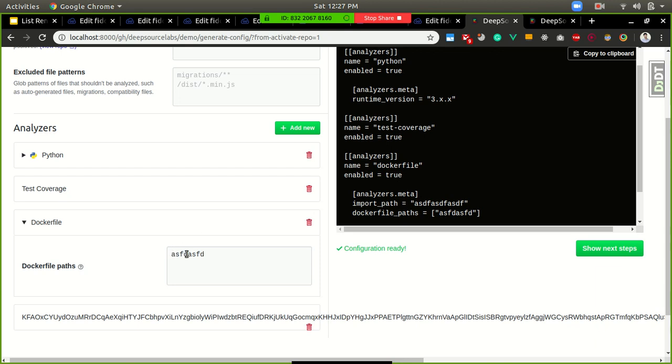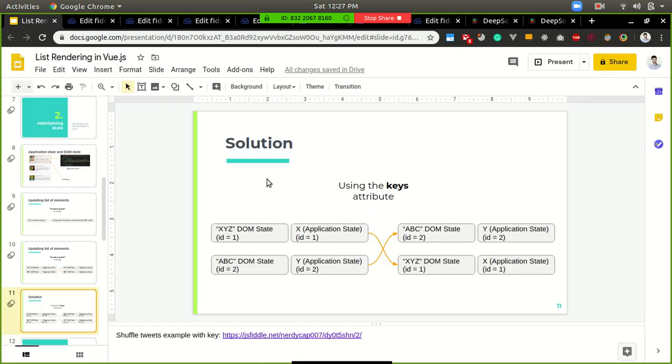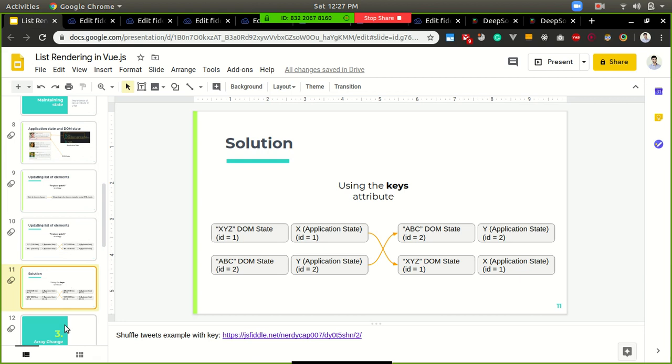So whenever I stored something over here, it was stored in the state of each and every component, and that same situation was created again. So in the end, the solution was to just apply the key attribute.